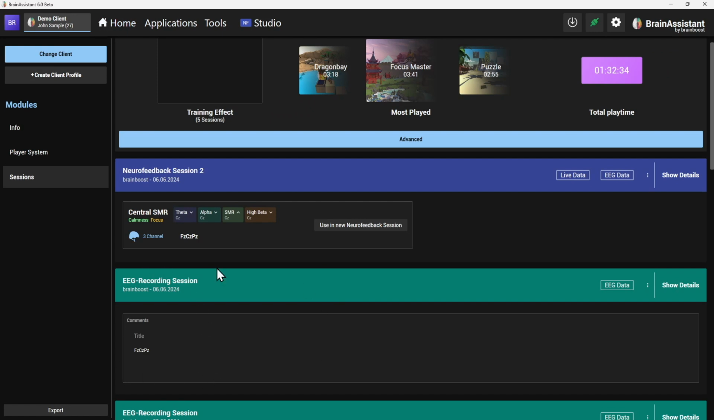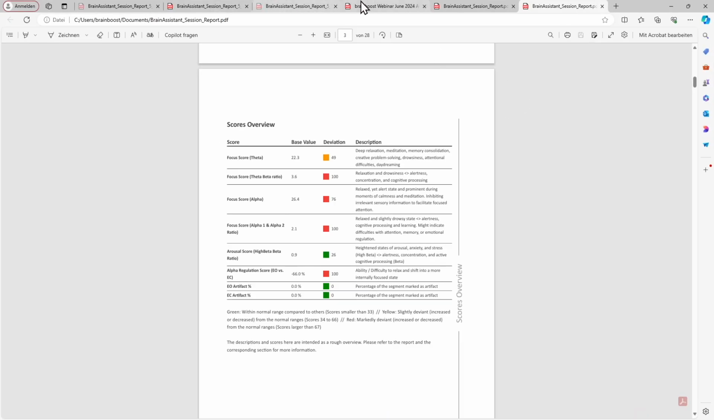So I probably paid a lot of attention to data quality, because here it might not be visible that you did an eyes open, eyes closed recording. So one very important info